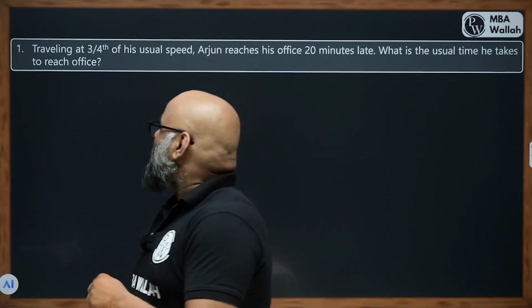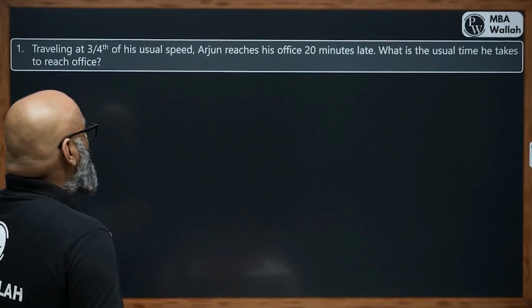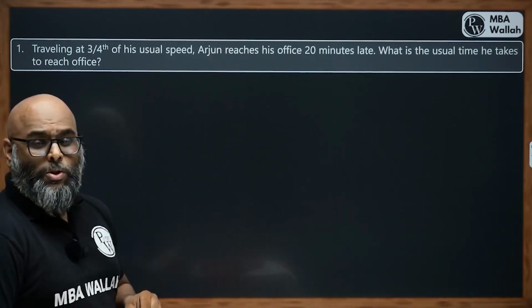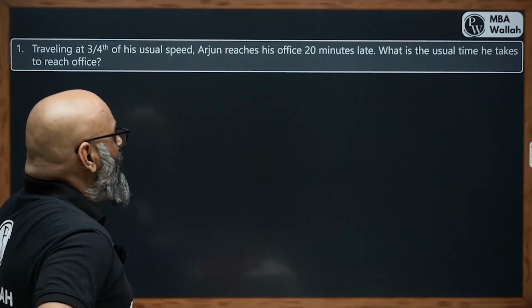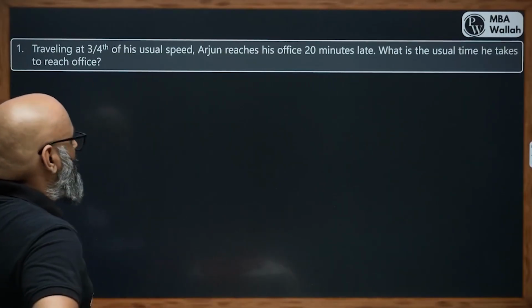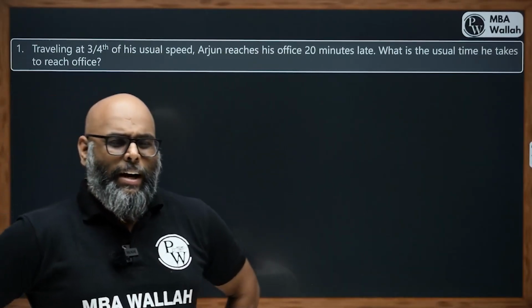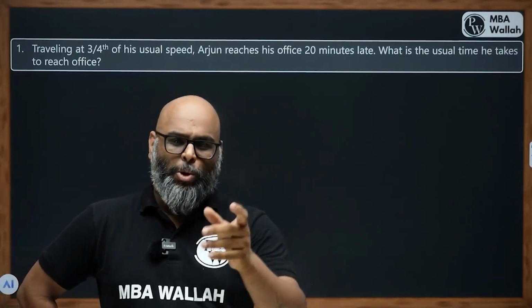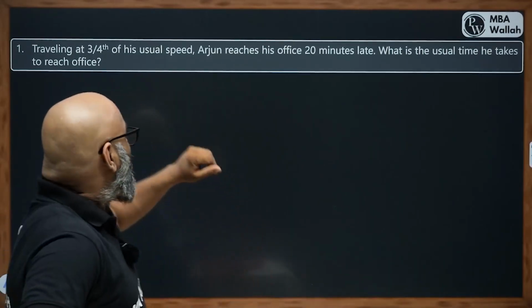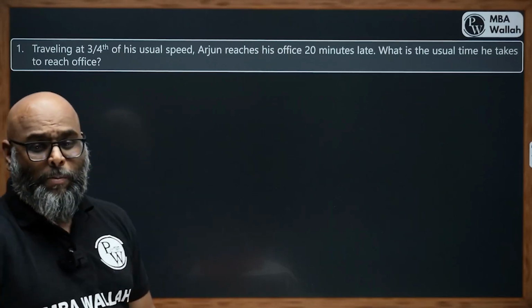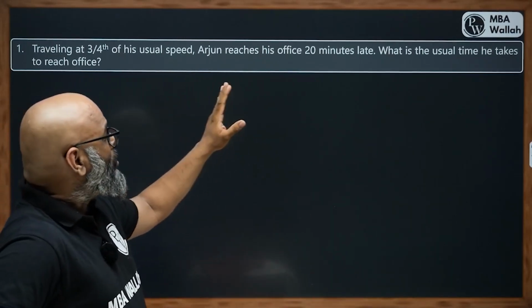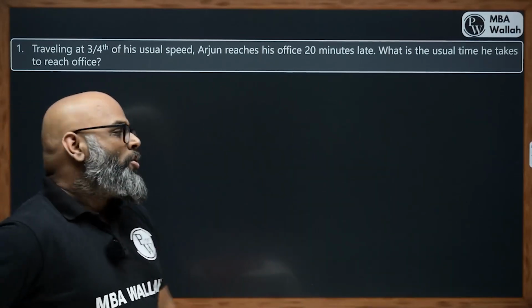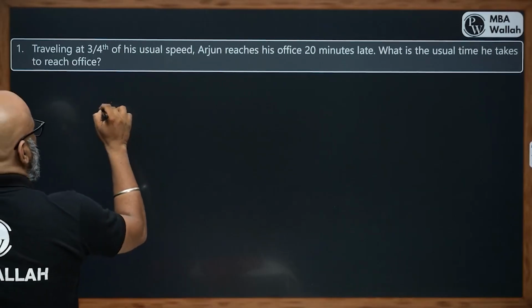To go with, the question says, traveling at 3/4 of his usual speed, Arjun reaches his office 20 minutes late. What is the usual time he takes to reach office? So every day he travels at a certain speed and he reaches his office at a usual time. But today he travels at 3/4 of his usual speed, and as a result he reaches his office 20 minutes late. So we can say that our distance